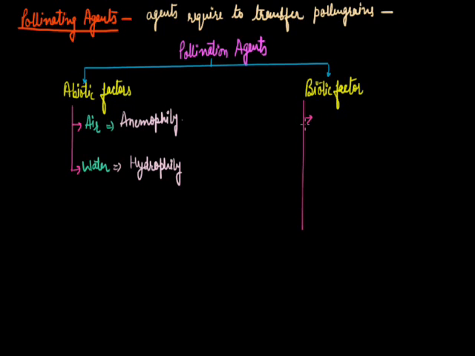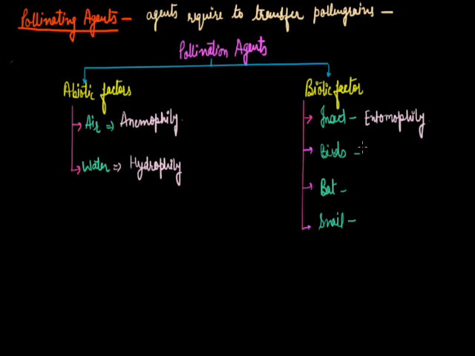These are as follows. If pollen grain is transported with the help of insects, then this phenomenon is called entomophily. If the pollen grains are transferred with the help of birds, then this is known as ornithophily. If bats are required for the transportation of pollen grains, then this is called chiropterophily. Just like that, snails can also transport pollen grain from one place to another. This is known as malacophily.